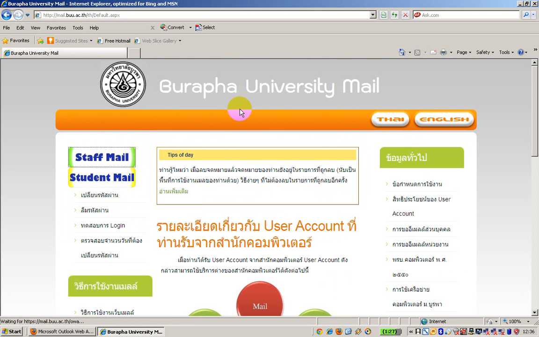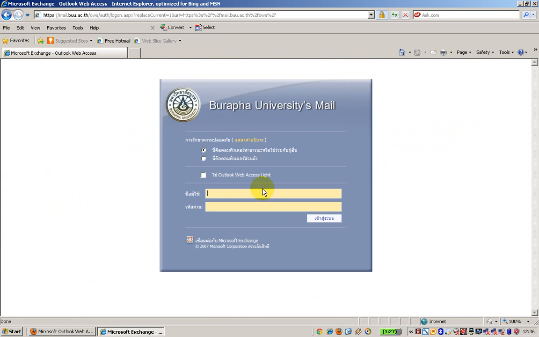Okay, start mail. Okay, so I try to connect my email with the Internet Explorer browser.